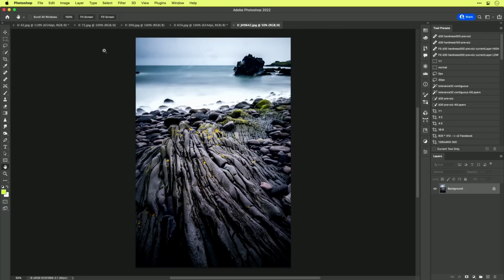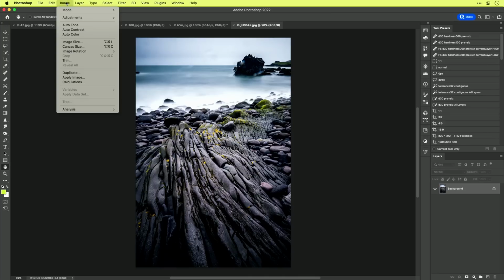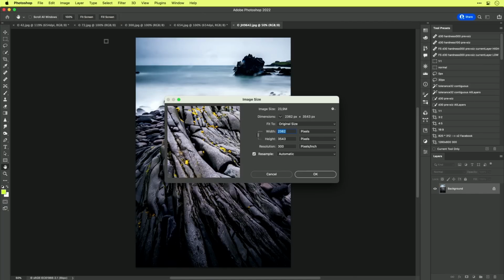And when I now go to Command Option I, or you can also go to Image and Image Size, then you see that the pixels of this file, the height in this case, are 3543 pixels. You can double check when you change from pixels to centimeters, and there you see 30 centimeters at 300 pixels per inch.